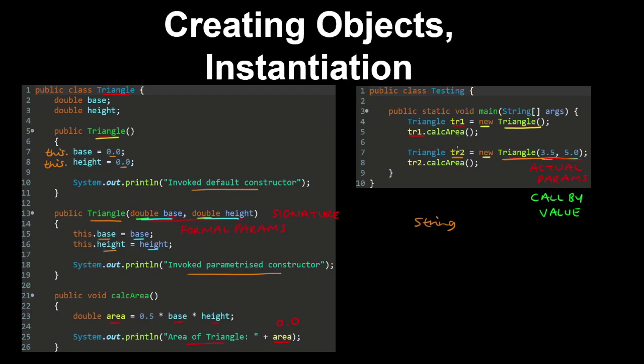And for the second object, we pass in a base of 3.5 and height of 5.0 when creating the object. So area of triangle plus the area of 8.75 gets output to the screen when calc area is called for this second object. Now if we had triangle